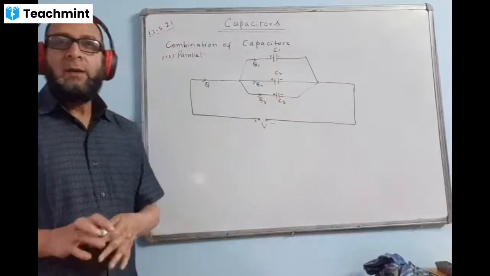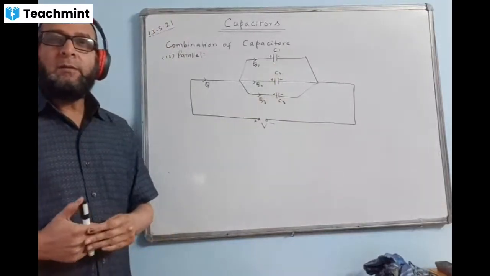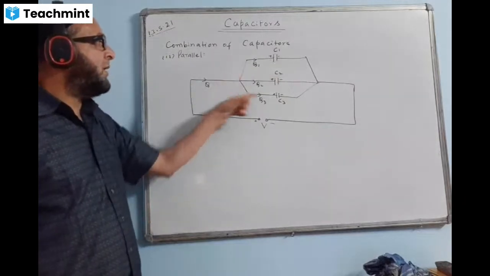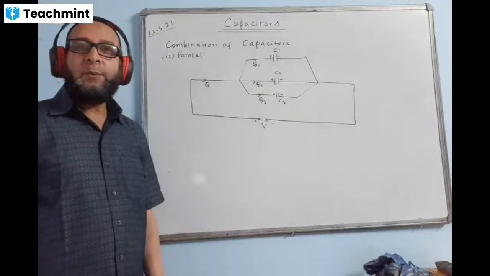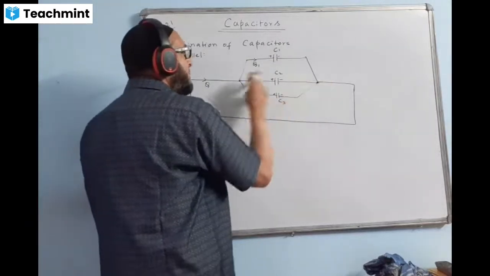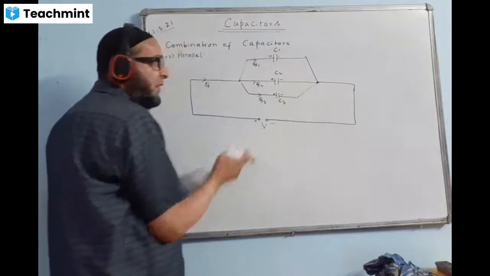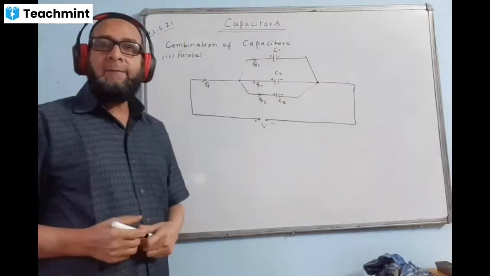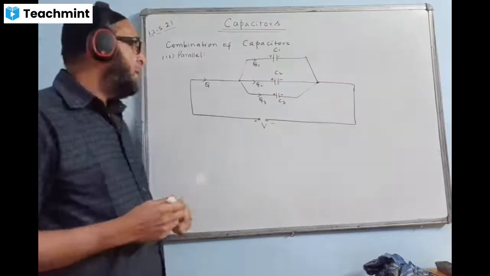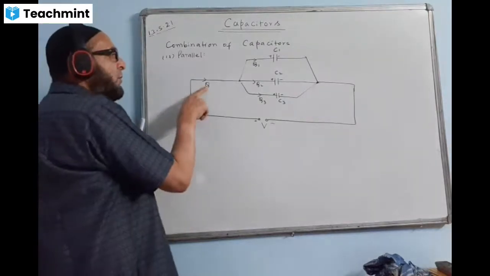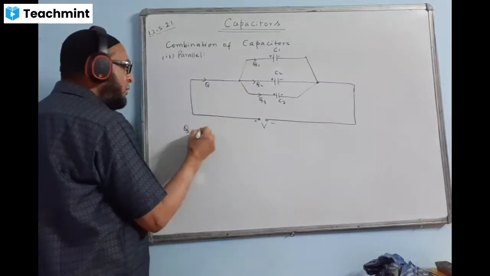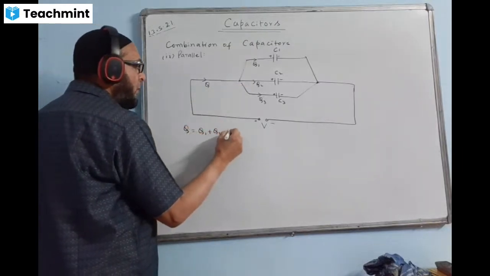Here the special feature is that the total charge is dividing out. So charges are getting divided, whereas potential remains the same, because the two ends are the same. Here and here the end is same. So the potential remains same, which is V. Potential is the same, whereas charges are different on each. So we'll use the formula that Q is getting divided into 3 parts here. So Q is equal to Q1 plus Q2 plus Q3 and so on.